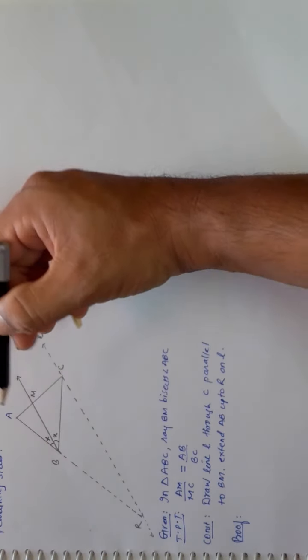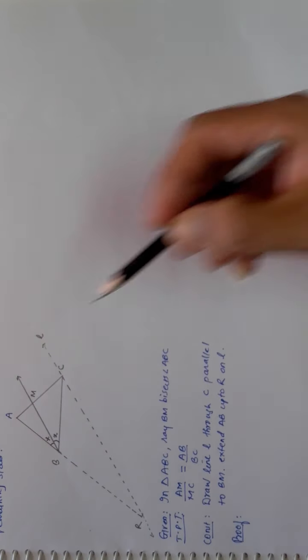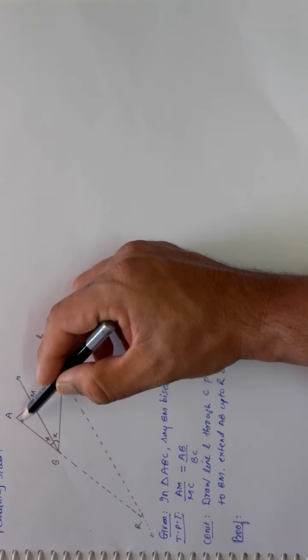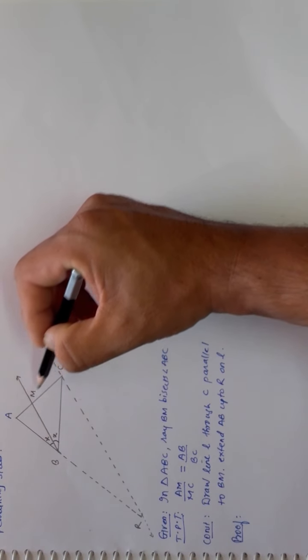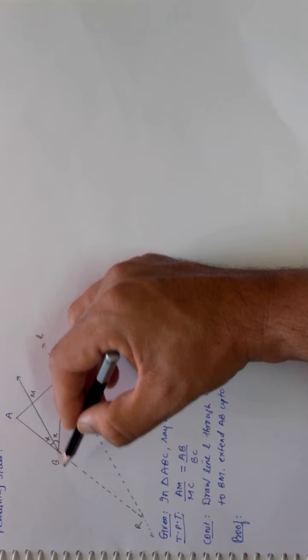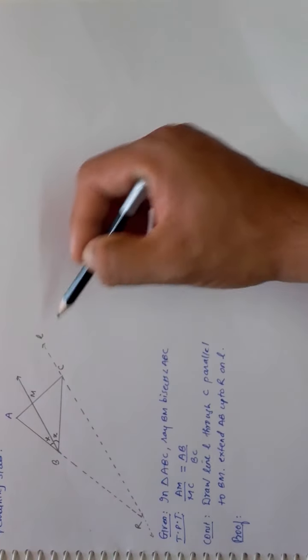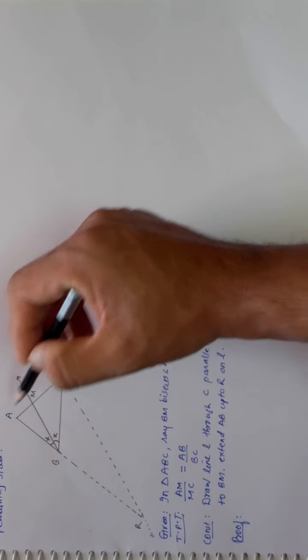Now the very first thing I will pay attention to is AM is to MC. Looking at AM is to MC, this is your AM and this is your MC, and this is the line cutting two sides of the triangle ARC. I want this ratio. Obviously this line is parallel to the third side by construction, and it is dividing the two sides in proportion by the basic proportionality theorem. I am just concentrating on AM is to MC.